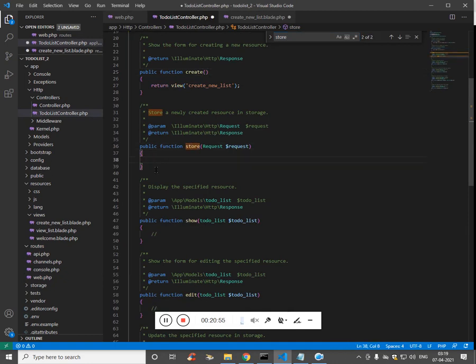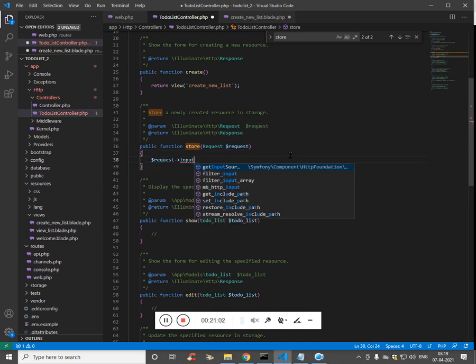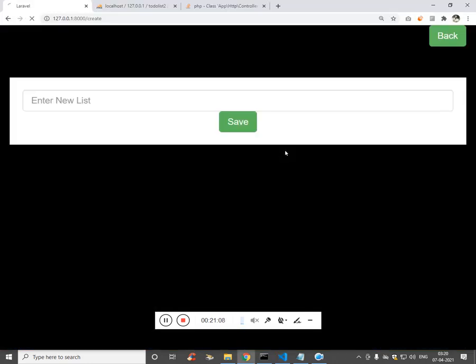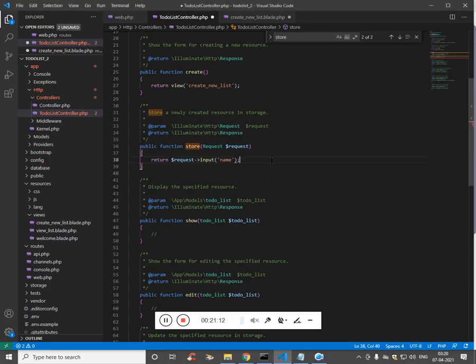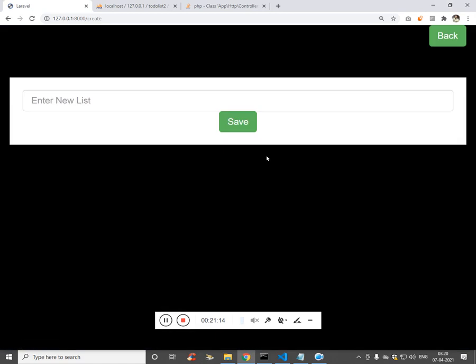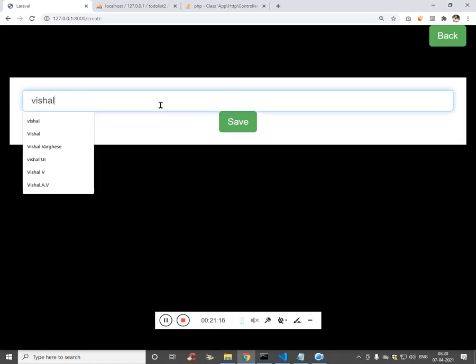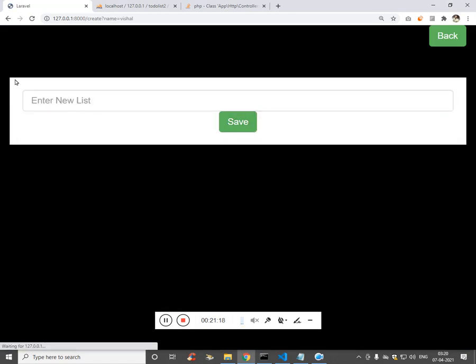So in store we have to get the input field value. So the name is going to be name. Just to check, semicolon problem, type your name, and check the input field value whether we are able to retrieve it.